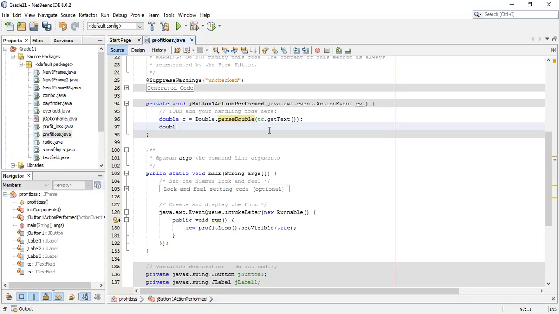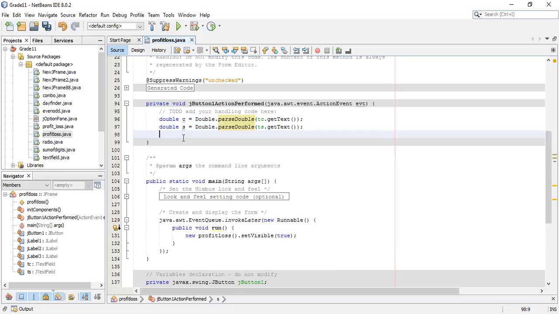Then double S for the second text field, Double.parseDouble(ts.getText()). So we have received the values from these two text fields into these two variables,